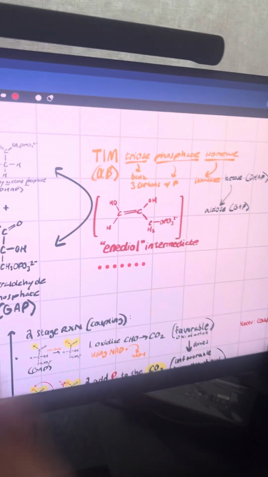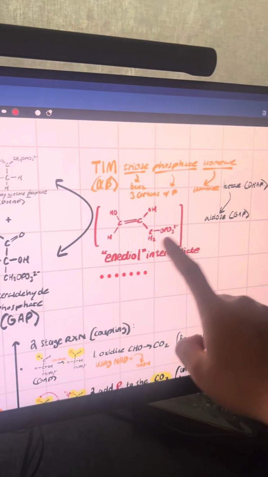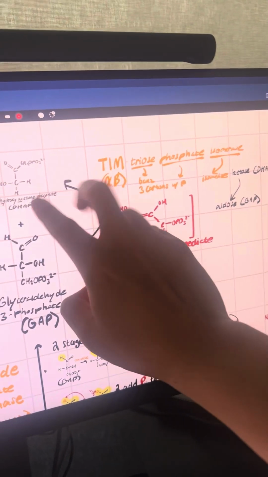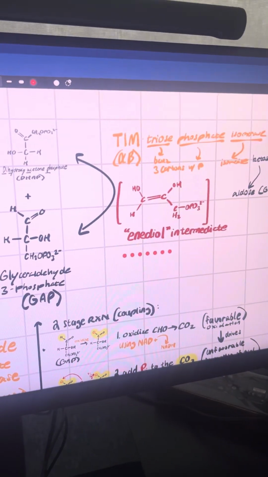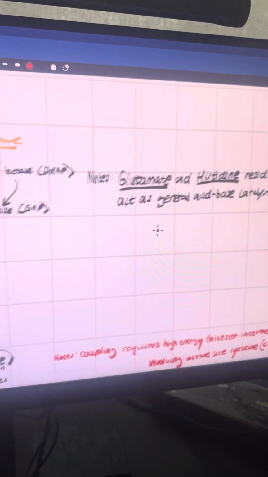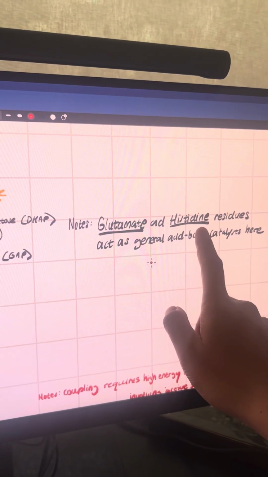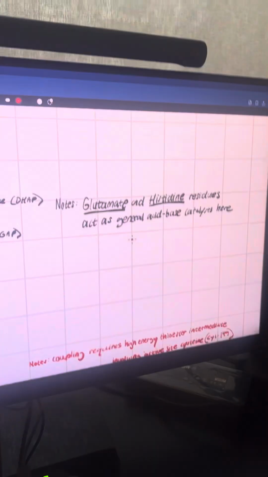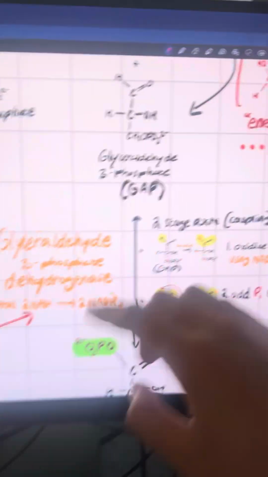And in case you want to know, when you go from DAP to GAP, you're going from a ketone to an aldose. Ketone to aldose. Last thing you have to know about this step with triose phosphate isomerase is that it involves glutamate and histidine residues. Know that just in case. Okay. So once you have GAP,